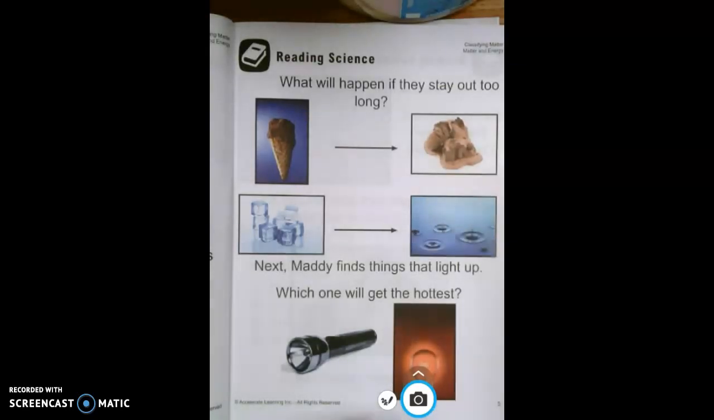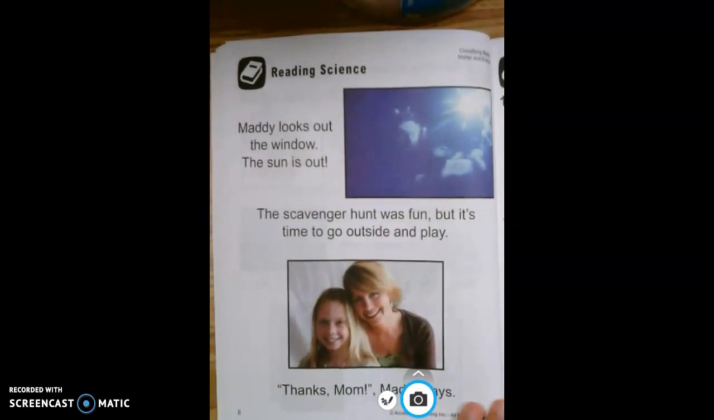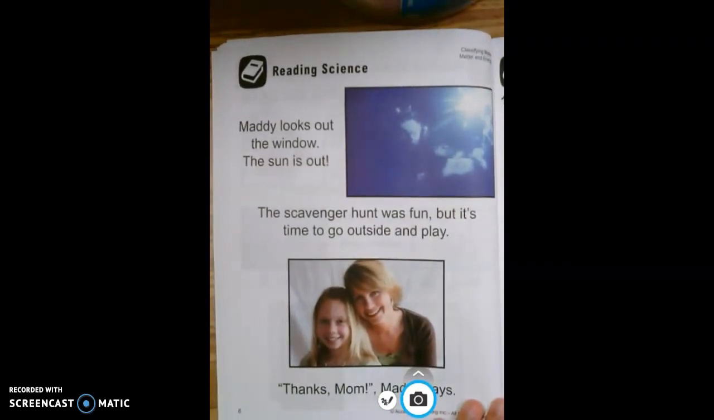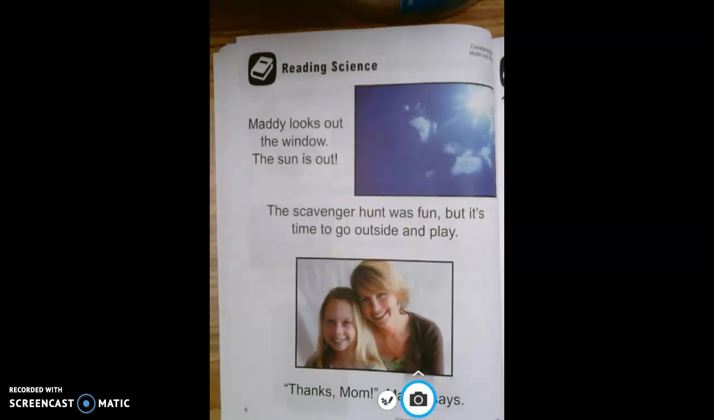Okay, let's turn the page. Page 6. Maddie looks out the window. The sun is out. The scavenger hunt was fun, but it's time to go outside and play. Thanks, Mom, Maddie says. So now that we finished our story,